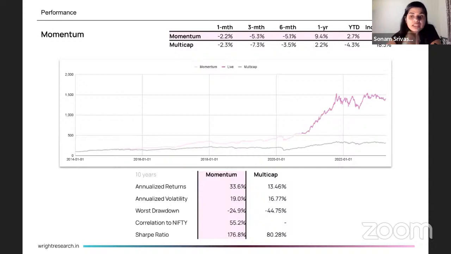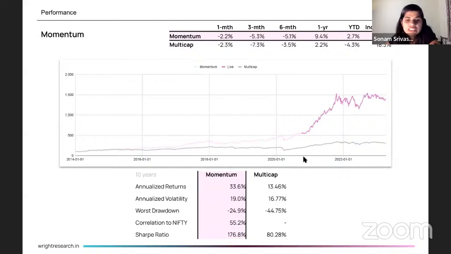So in the 2021 bull market, we were investing a lot into IT stocks and a lot into cyclical stocks. But when the volatility started, we switched to steady, low-volatility stocks. We switched to the FMCG sector. We switched to the banking sector. And now we can see a lot of cyclical stocks and infra-linked stocks that have come up in this portfolio, which is very interesting. So this is a quantitative portfolio that we follow, where we do momentum investing.